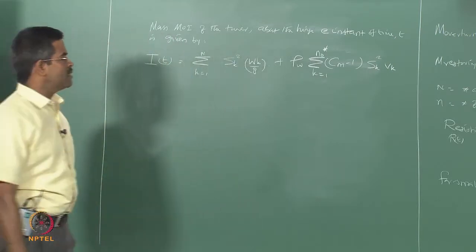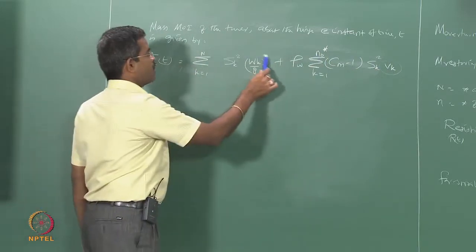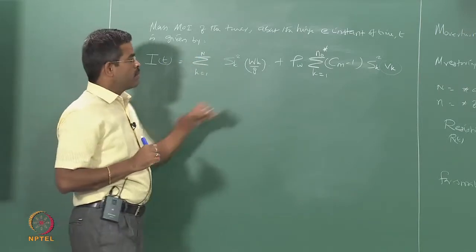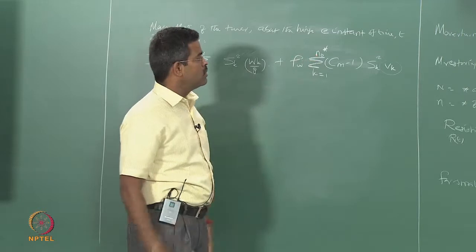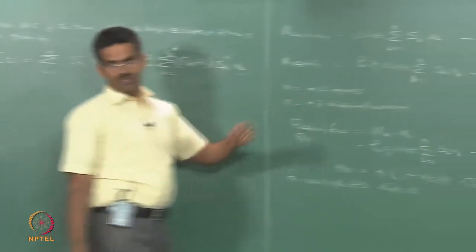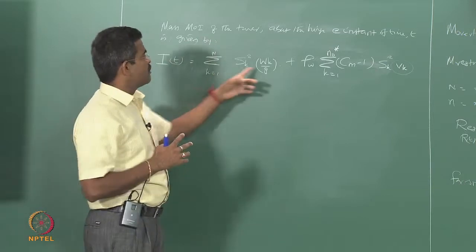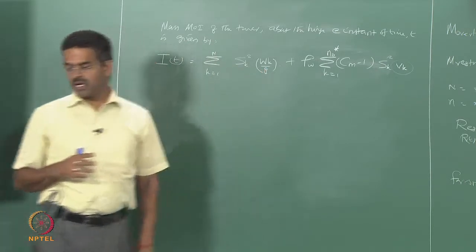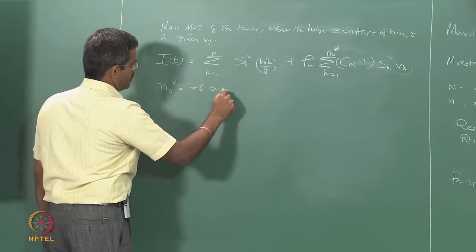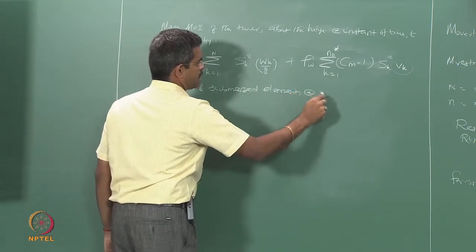One can easily understand a catch here: whenever I am running Vk iteration I will always use small n, wherever I am running Wk or Wk by g, the mass iteration will always run on capital N, because that is the total mass of the system, whereas this is a submerged volume. Now N0 we already know is the number of elements submerged in undisplaced position. Capital N is the total number of segments in a given system, based on which you work out the weight of the platform, whereas N0 star is the number of submerged elements at any instant of time.